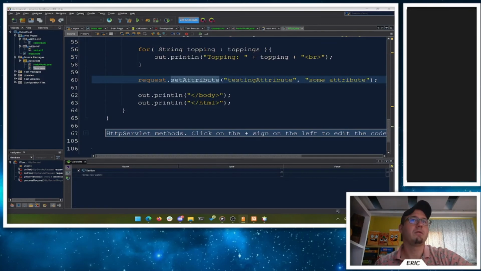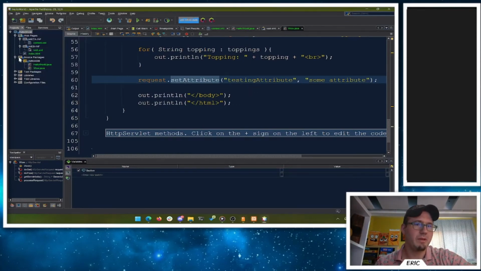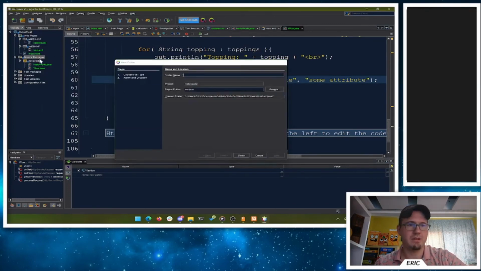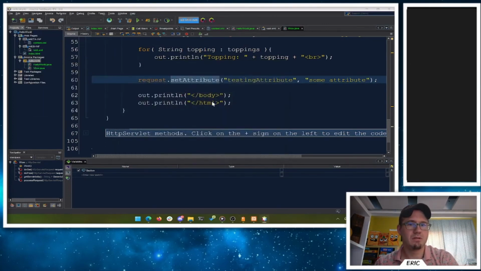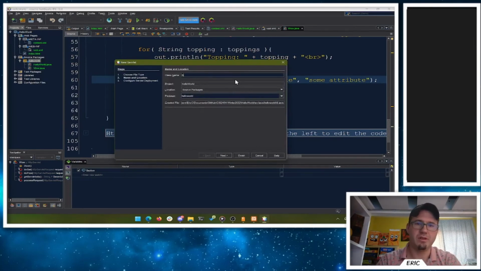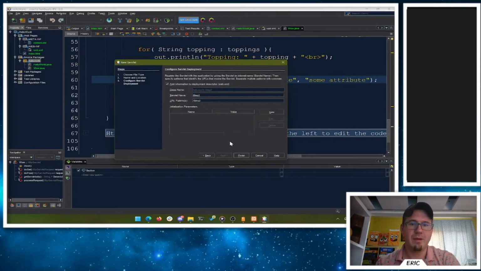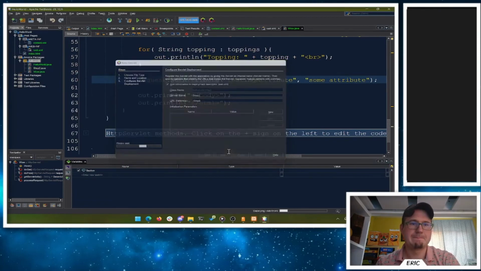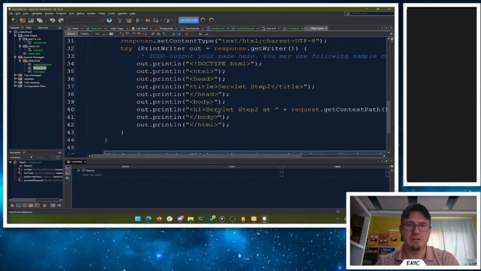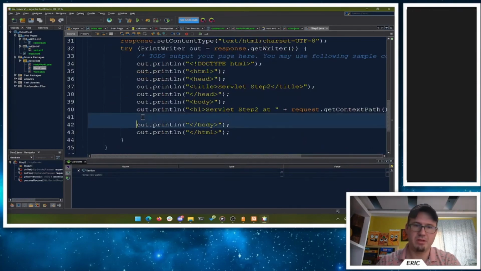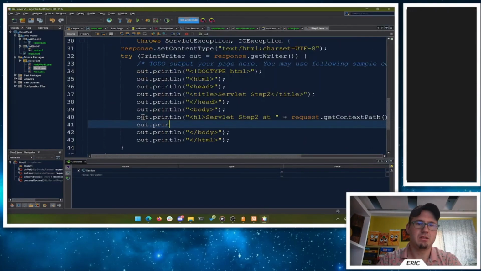Let's see, where do we want to send it here? How about we forward it from there. Let's do one more servlet here. So let's go to our package. Nope, I didn't want that. For our package, add a new servlet. And this one will be, I don't know, step 2. Yes, add our mapping here. And then sure, we'll just leave this one here, and then we'll add in, how about an out.println